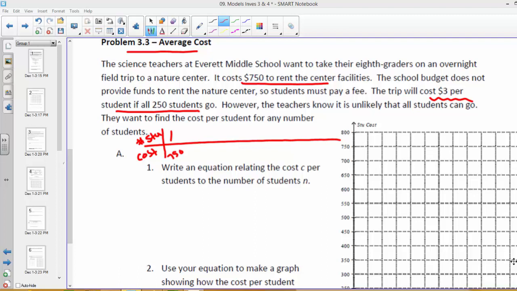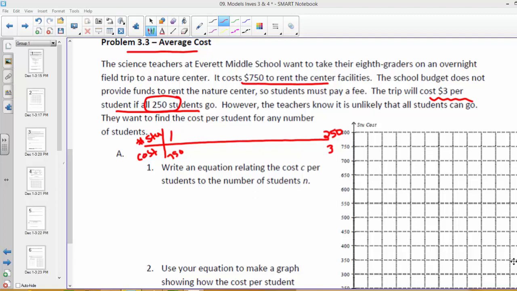Because at the very end here, $750, or 750 students go, it would be $1 per student. But there's only 250, so this whole problem is going to cap off at 250. And we already know if 250 students go, it would be $3 per person. And 250 times 3 is 750. So